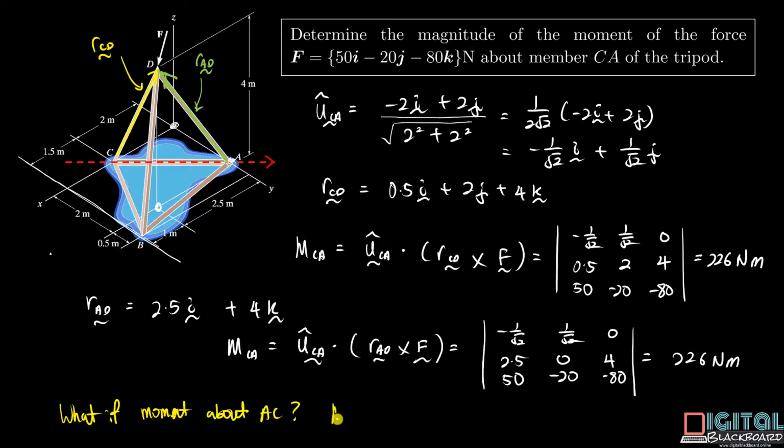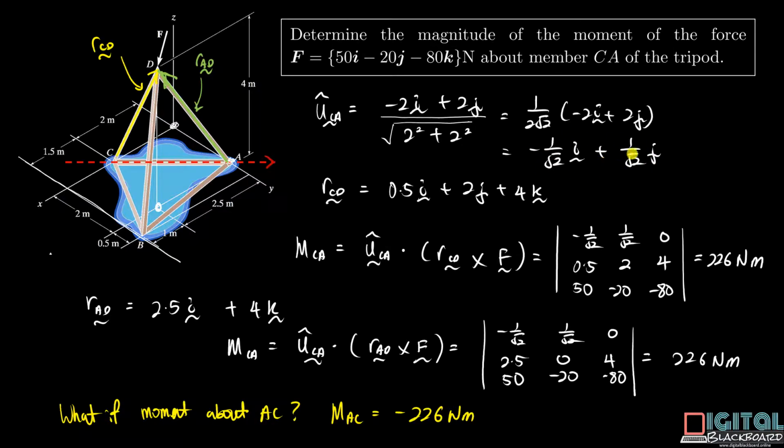The answer is yes. In fact, MAC is simply equal to minus 226 Newton meters. Why is that the case? Because if you look at the original unit vector in the direction of CA, it's given by this vector here. So UAC cap would be given by this vector reversed in direction, which means you have to add a negative